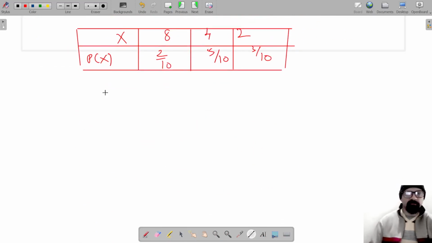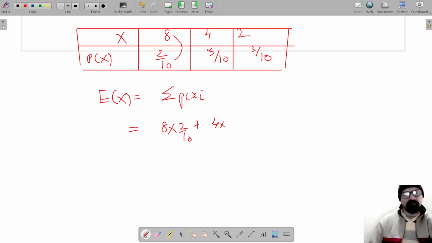value of price, और mean value of price को हम denote करते हैं E of X, और वो निकालते हैं summation of P i into X। Summation मतलब total, total मतलब पहला random variable को उसकी probability के साथ multiply करो, this is 8 into 2/10, 4 into 5/10 plus 2 into 3/10। So ये हो जाएगा 16/10 plus 20/10